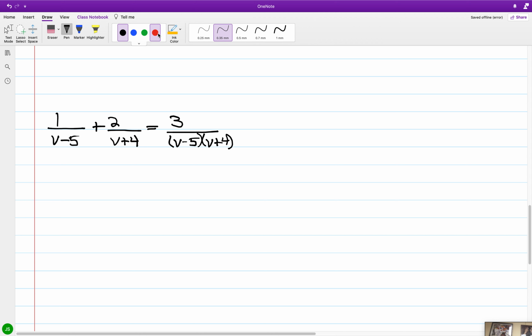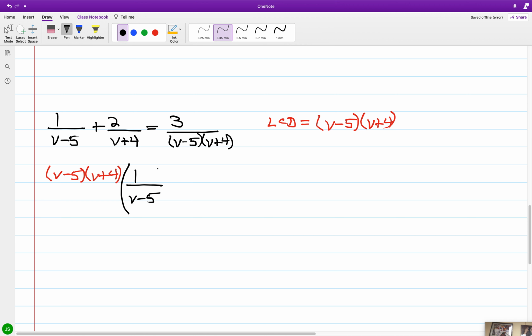So just looking at clearing out the fractions, for the least common denominator we have the quantity v minus 5 times v plus 4, and so multiplying all the ratios out, and upon working these out,